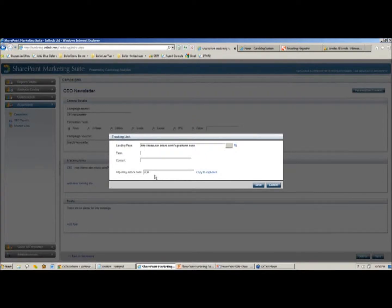Now, if you don't want to receive a random URL like I just showed, here in the SharePoint Marketing Suite, marketers can actually define their own friendly short URLs. And this is how it's done. All we need to do is define the landing page, or the page we want users to arrive at for this campaign. And then down below, we can define the exact URL that we'd like to appear within our email